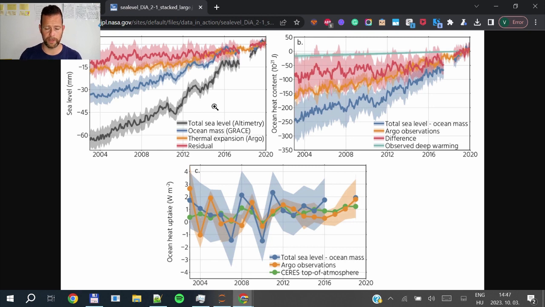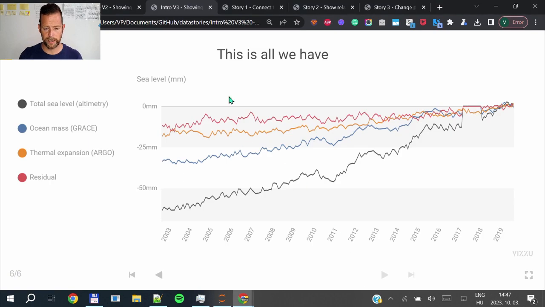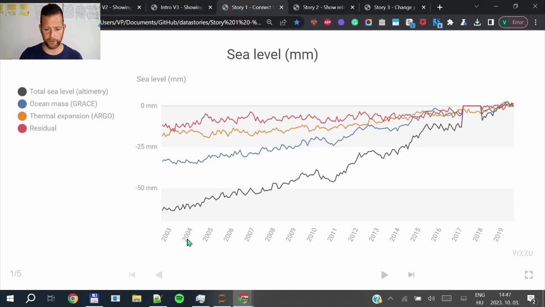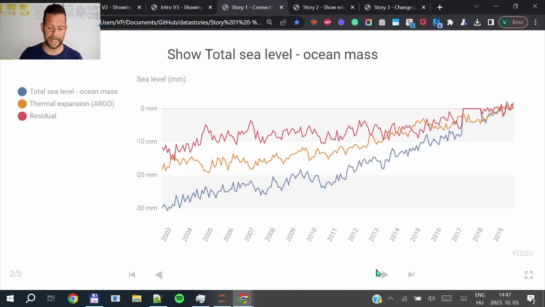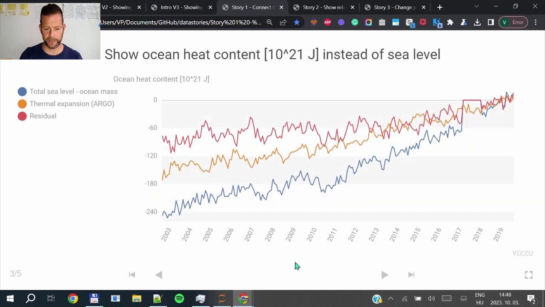But it also shows that it's important to have the titles and the categories be very thoughtful of the naming that you use. So here with the first story, we have again the original chart showing the sea level. We first hide the total sea level and the ocean mass and show their difference instead, as in the second chart. And now we can very easily just morph from the sea level to the ocean heat content